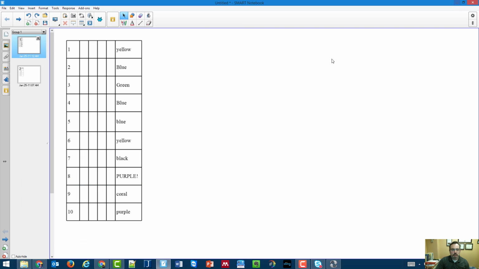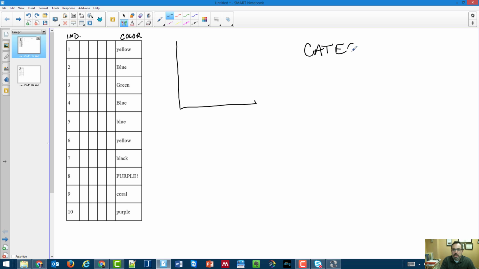So I've taken this data, I've taken the first 10 individuals here, and here is an example of the 10 individuals. So here are our individuals, and here's the color that they like. To represent this data, there's a couple ways when you start looking at this. When we are working with categorical variables, and you should notice the word category in here,